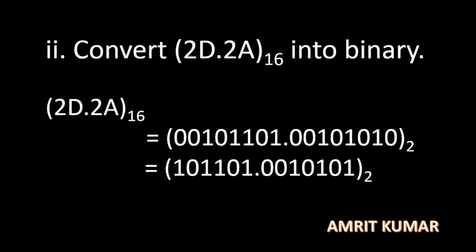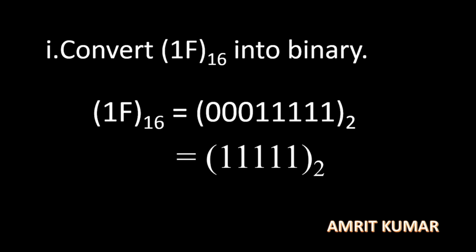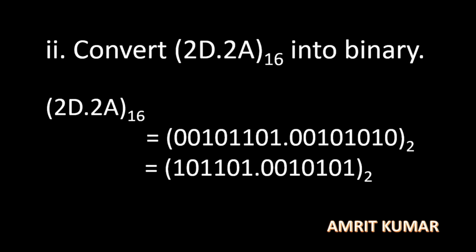But in the first example, we have seen only the integer part. Now, here you can see a decimal number also. So, for the conversion of this hexadecimal number, you have to convert it into a binary number. So how will you proceed and how will you